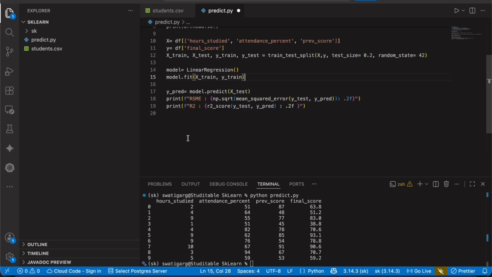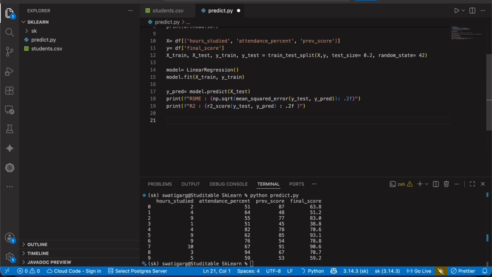Okay, so if it gives you 1, this means this is a perfect model and the predictions match the actual values exactly with zero error. And if it gives you a 0 score, it means this model is not good and is equal to a mean. So the R-squared scores lie between 0 and 1. So this gives you the score, right? So we have understood what this does.